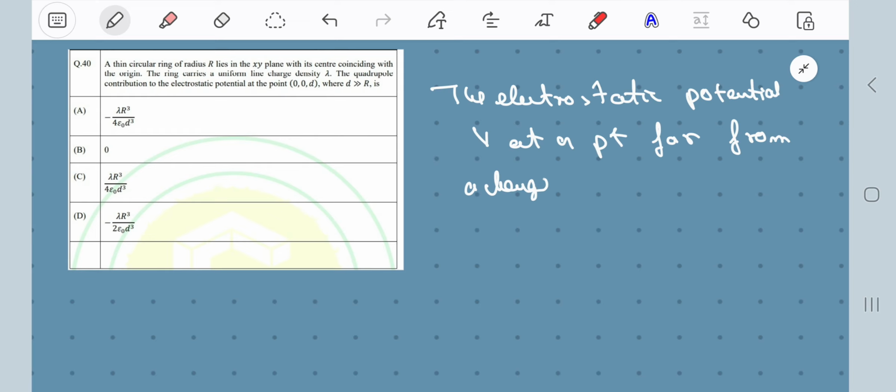We can already have a hint towards it, the point being far, because we are given d greater than r. R is given to be the radius of the thin circular ring, right? So from a charge distribution